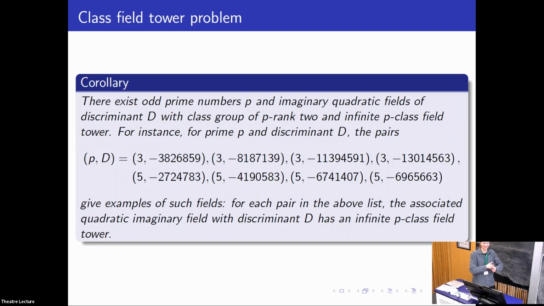For 3, the list is almost complete. For the prime 5, because we have this time limit, if the program runs for more than 5 minutes, we move on to the next example. We have compiled some database and some Massey product statistics also, for quadratic number fields. Maybe I missed this: you said for 3, the list is almost complete. Is it finite? No, what Eric says is we have a complete list. We computed a list from this database, LMFDB, and we computed this for like 10,000 fields or something.